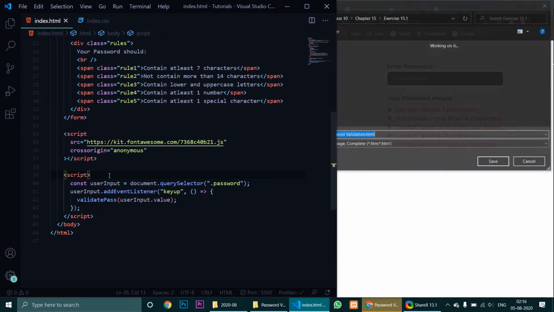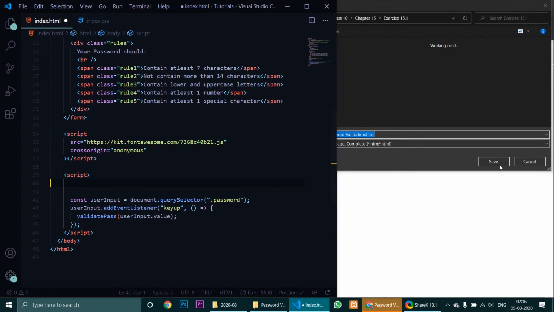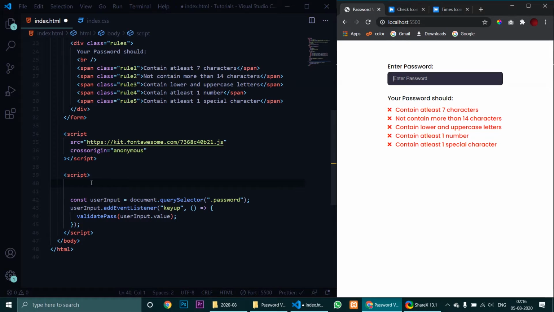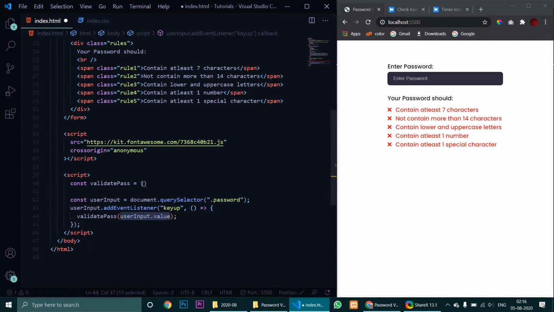So now let's create this validate pass function. And since the user value is passed to this function, we also need to accept it. We will accept it in the password variable.